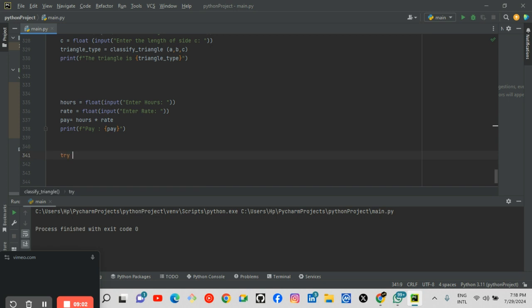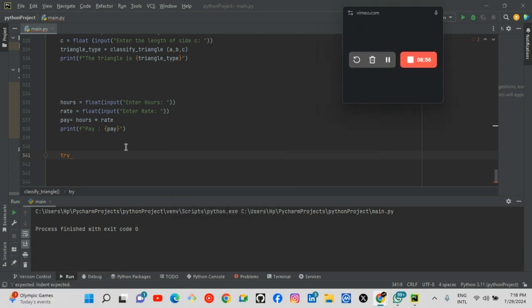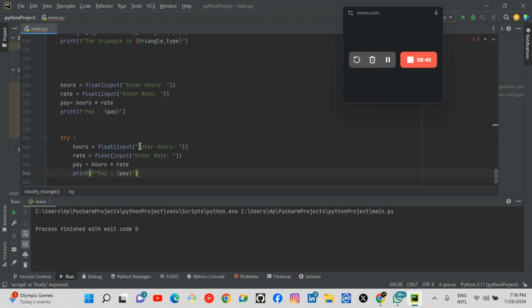Since I have the code here, I want to rewrite it. Let me keep the timing in mind, 8 minutes. So I basically have to say try. What do I want it to try? I want it to try everything that is here.